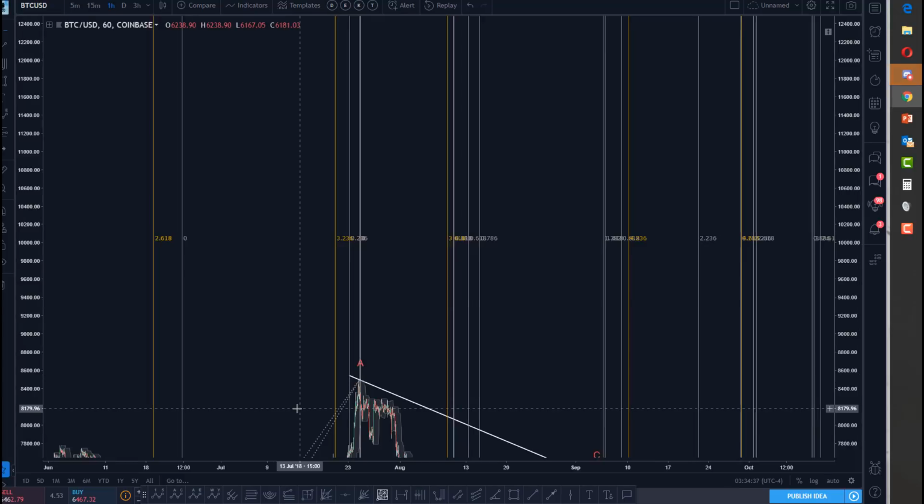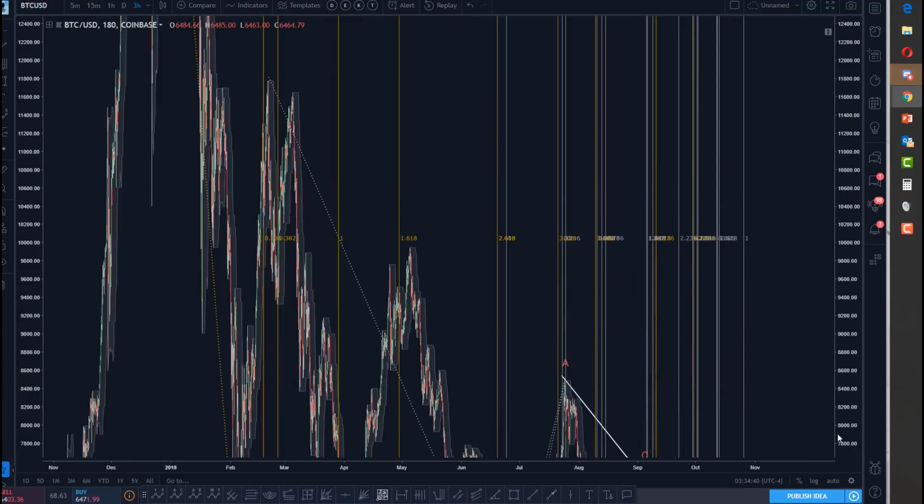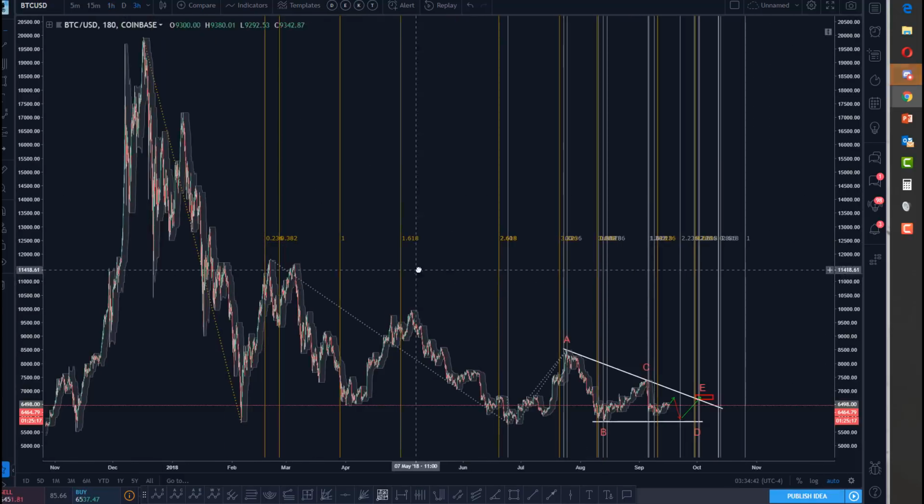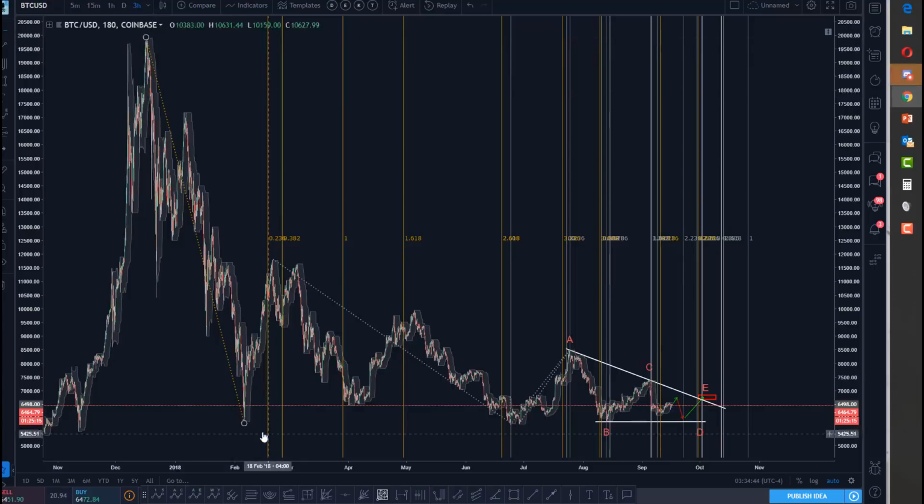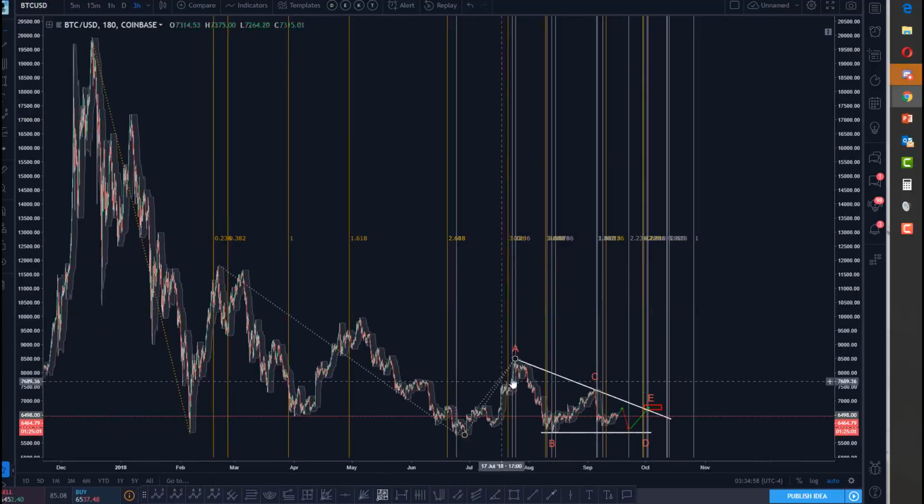Significant levels, you can't fake the funk. You got to do it, significant levels, like from here to here would be one, from here to here obviously is one, maybe from here all the way to here is one, from here to here is one, maybe from here to here might be another, here to here might be another. Well, you got to do your own pulls, but just look at these clusters, guys, are not coincidental.